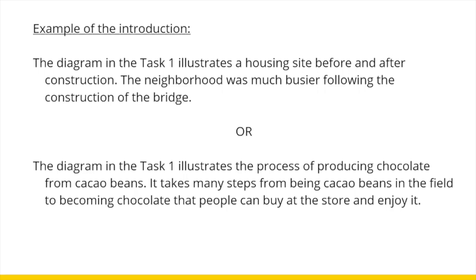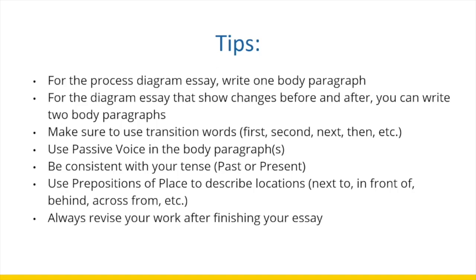The diagram in task 1 illustrates the process of producing chocolate from cacao beans. It has many steps, from being cacao beans in the field to becoming chocolate that people can buy at the store and enjoy. And now we are going to review important tips that can help you write a well-written